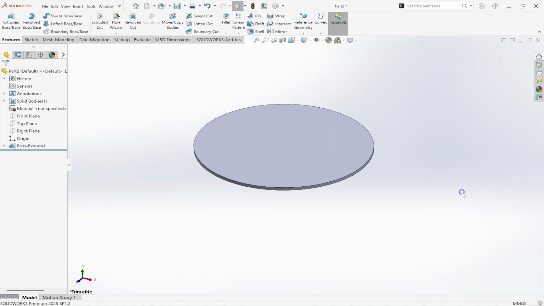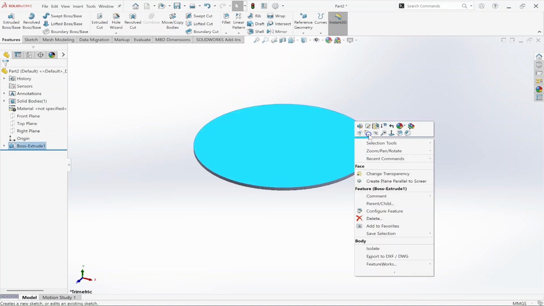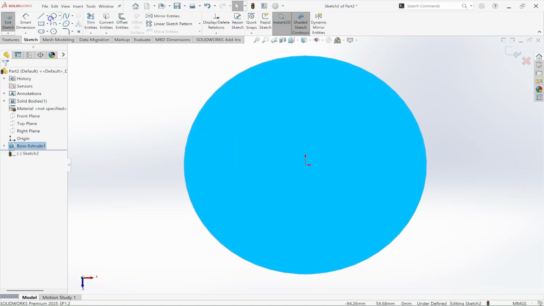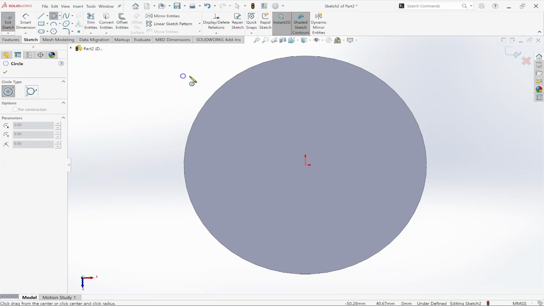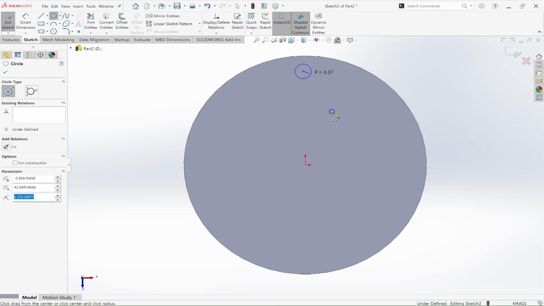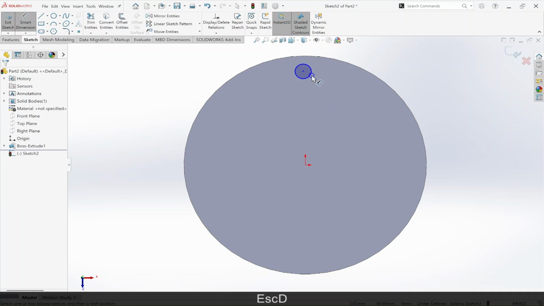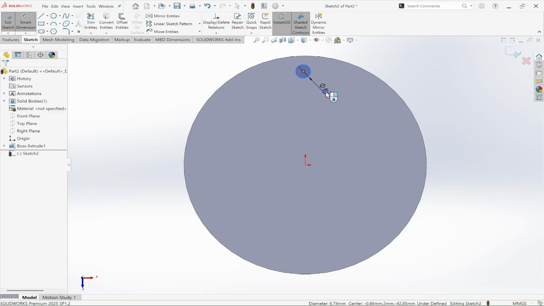So let's talk about if we have a curved surface, a circular surface, or an arced surface, or a surface that has a radius. So go to the sketch command. So draw anything you want. I want this circle to be of 5 mm,